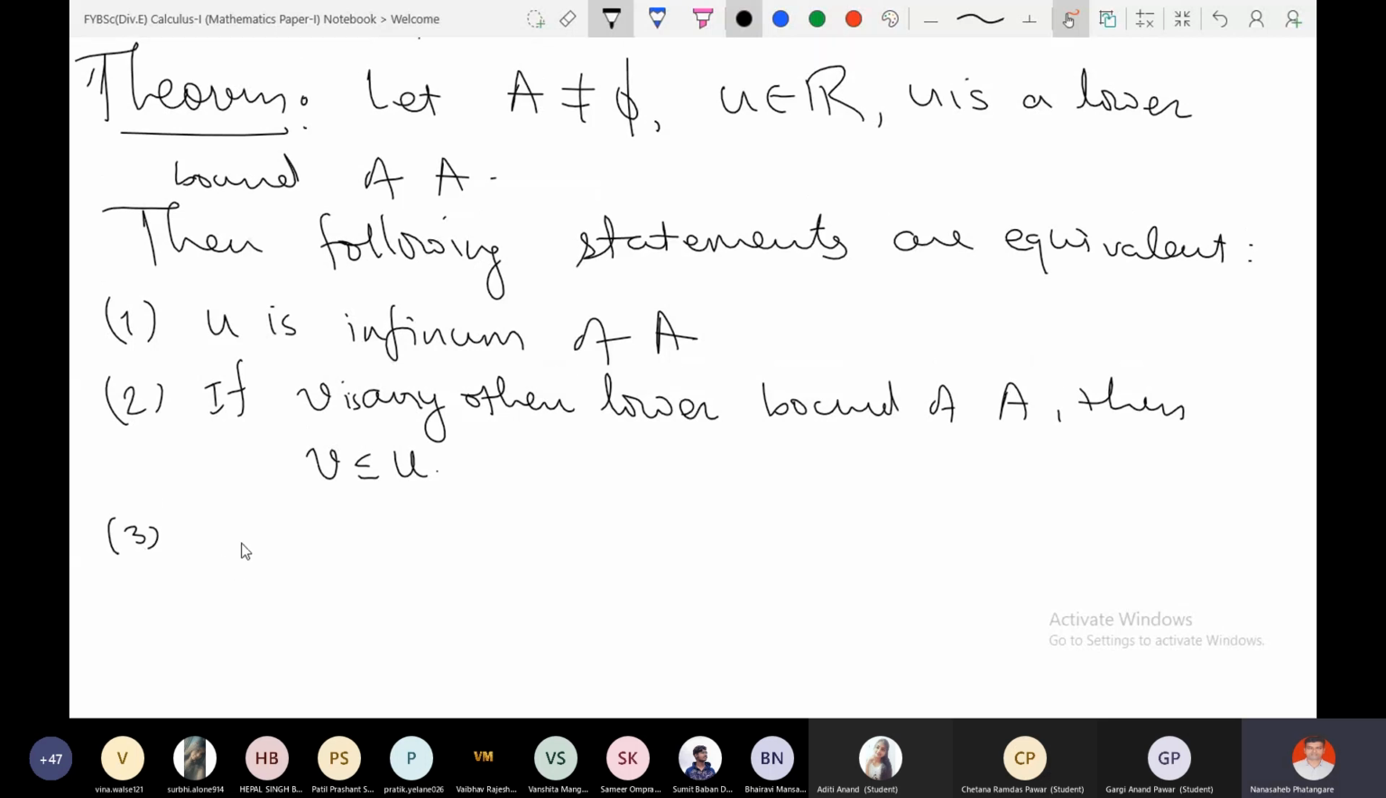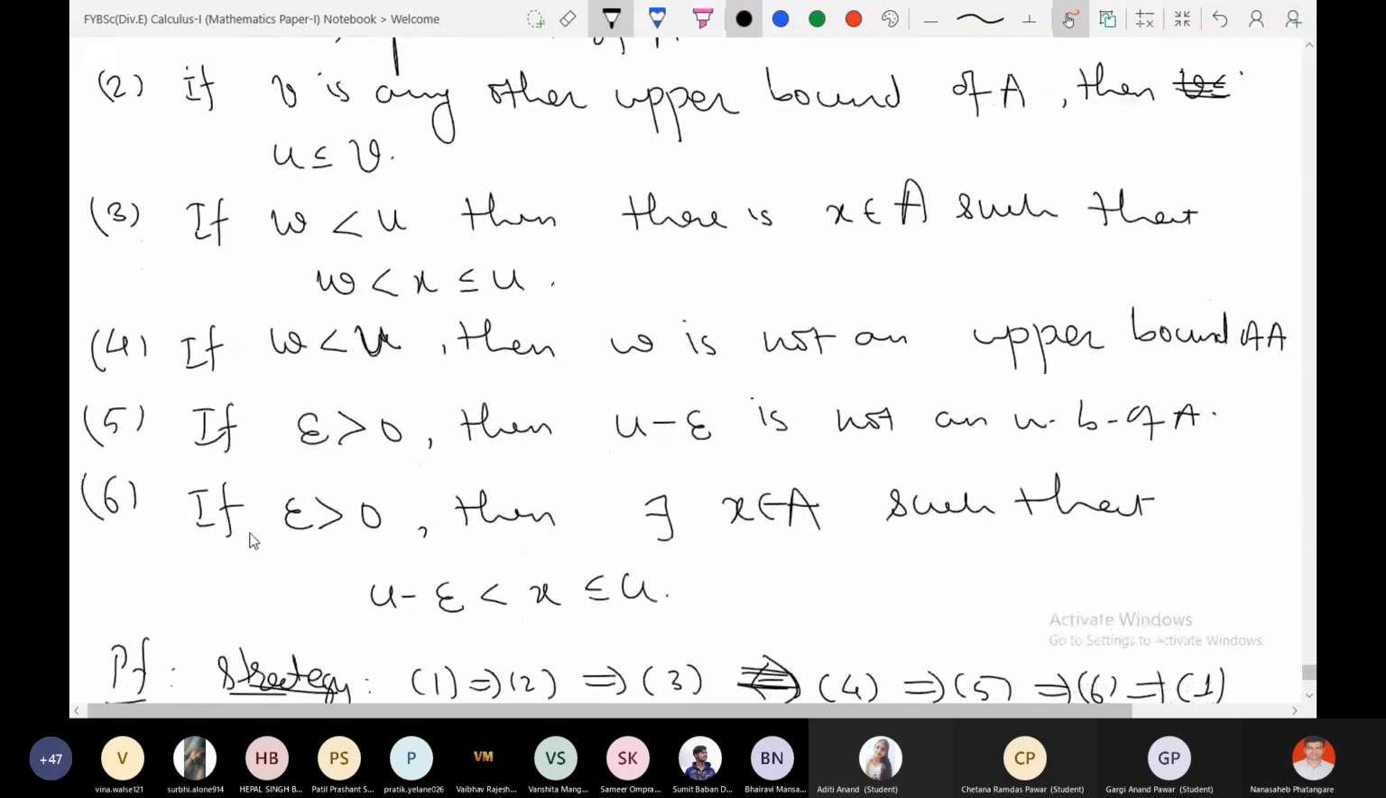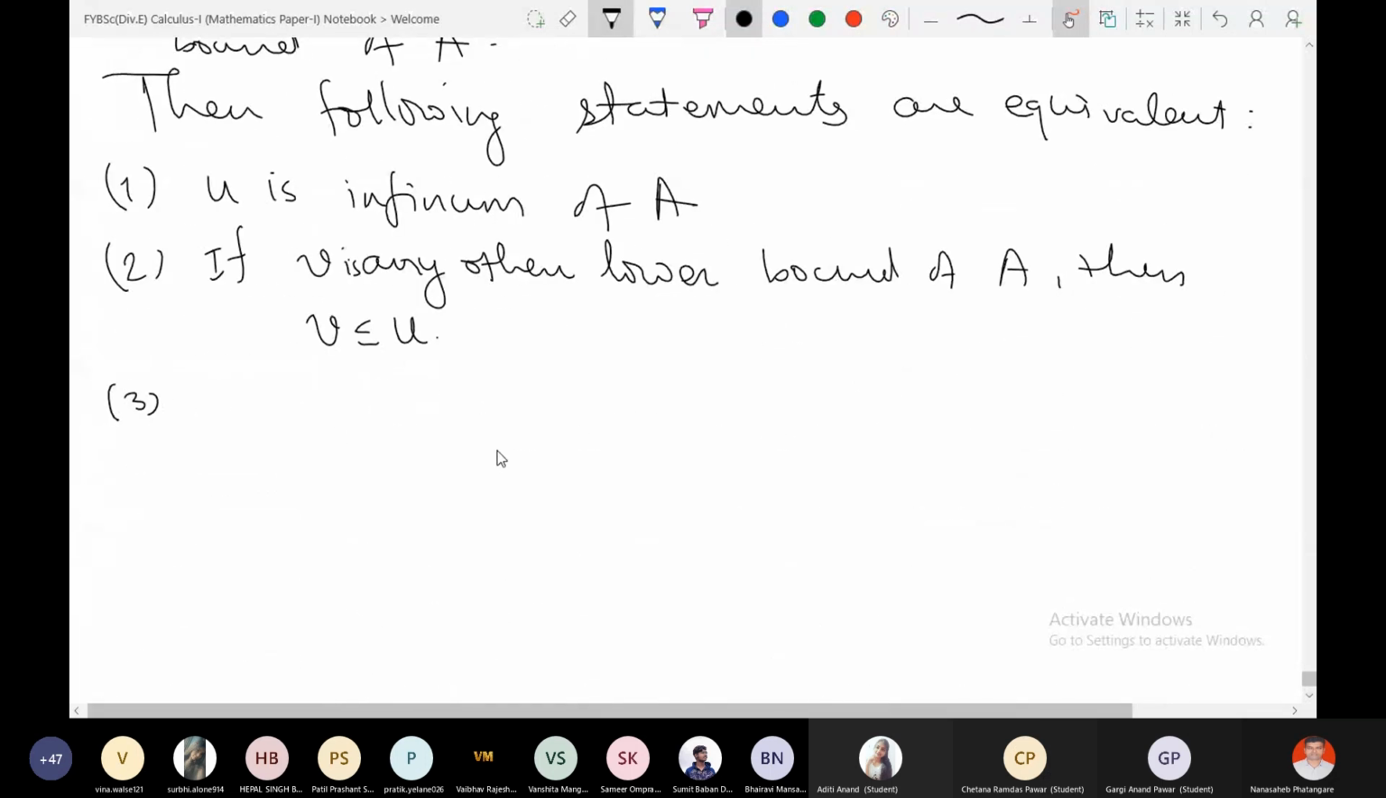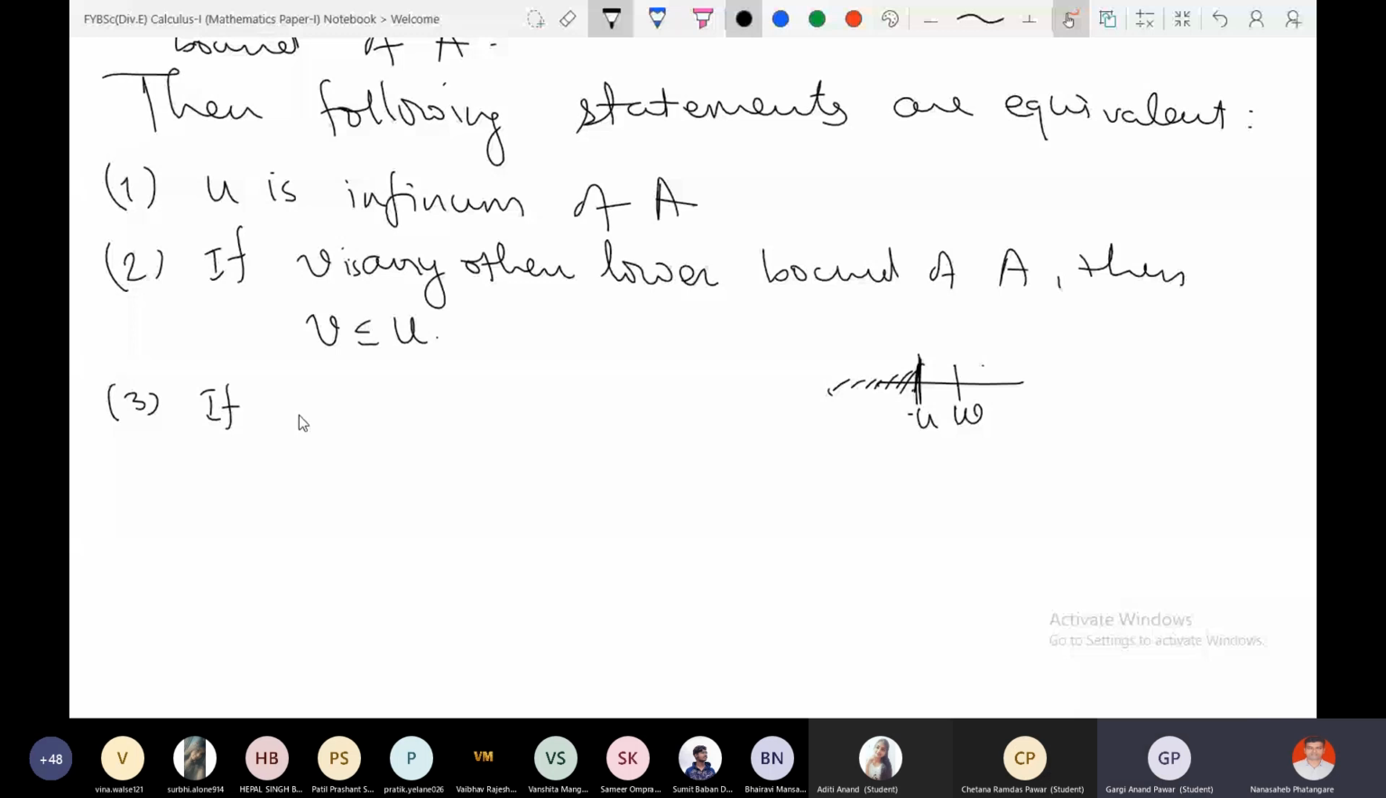What is the third corresponding statement? This is U, and U is the greatest lower bound. That means no number greater than U is a lower bound, right? This is the greatest among all lower bounds. That means all other lower bounds are here, and this is the greatest lower bound. So if W is greater than U, W is not a lower bound